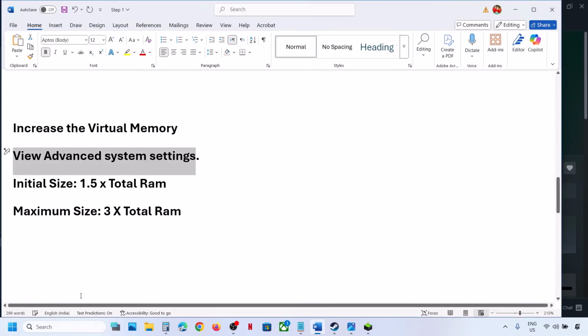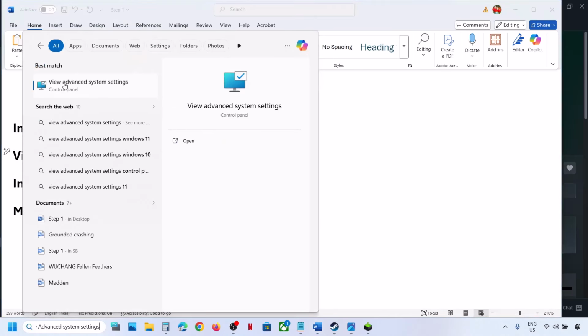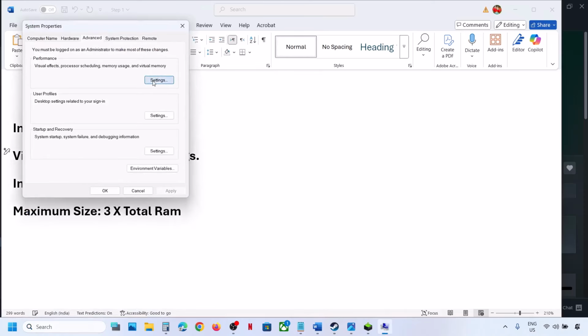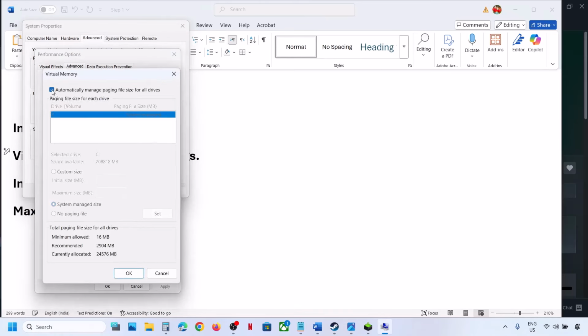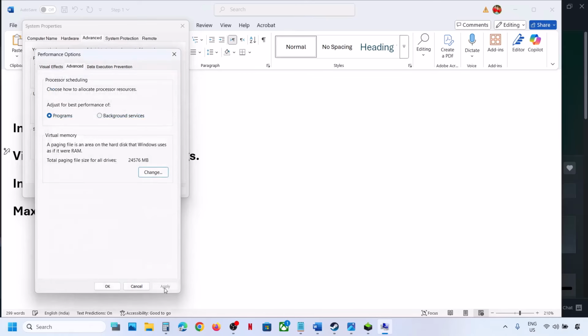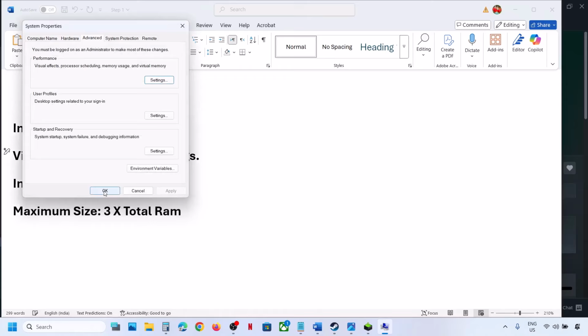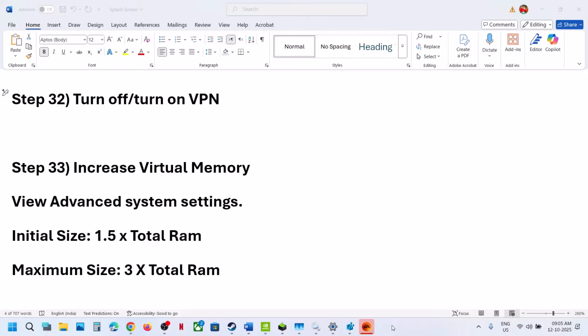Still not working? We will revert to default. So you can type in view advanced system settings once again. Settings, advanced, change, and put a check on this box, and then hit apply. Click on OK. Follow the next step. Now if it's still not working,